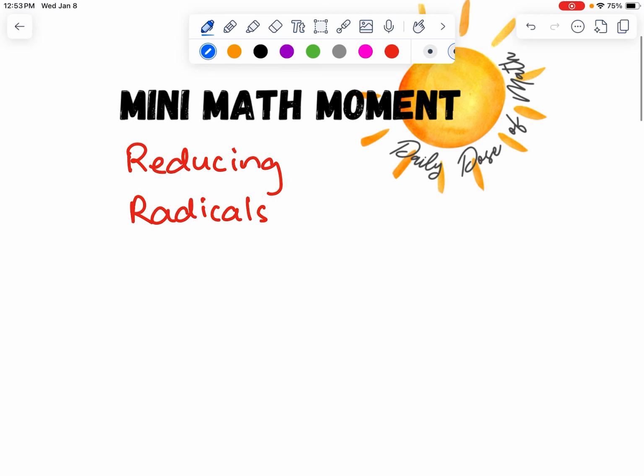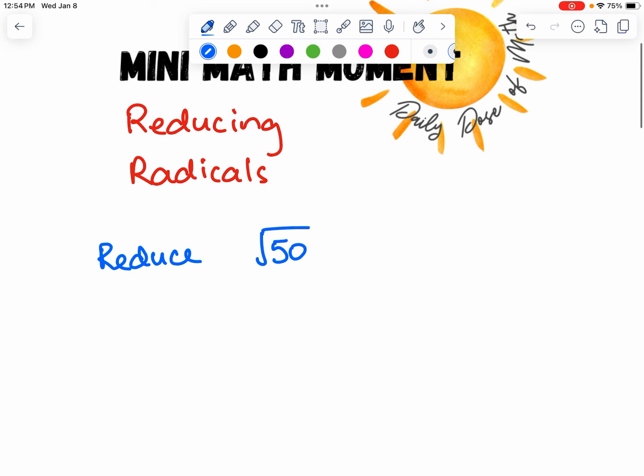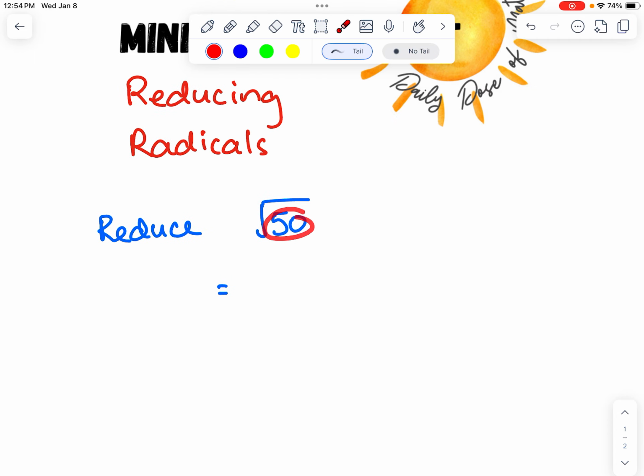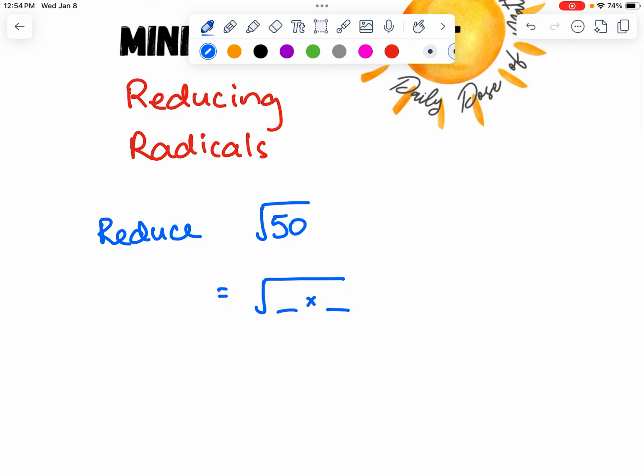In this mini math moment, we're going to review how to reduce radicals. So if I asked you to reduce something like root of 50, it just means that we want things under the square root sign to be as small as they can. So the way we do that is we ask ourselves, can 50 be broken down into the product of two